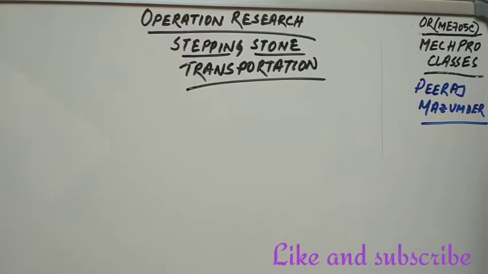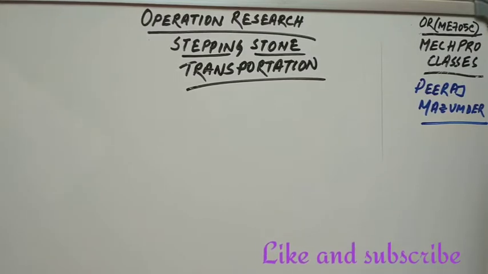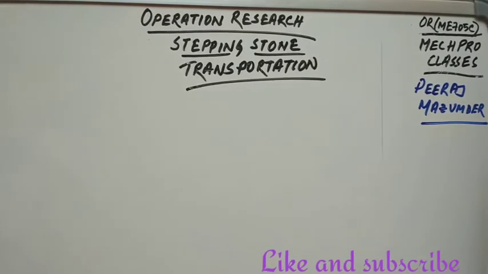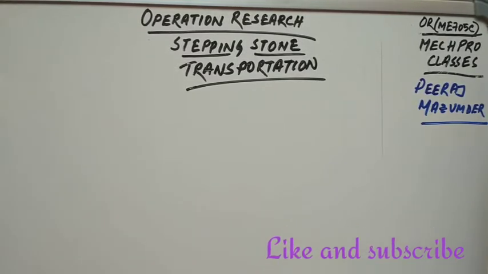Now, as I told earlier, after solving the transportation problem with the northwest corner method, least cost or VAM, we have to check optimality, whether the solution is optimal or not. That is the optimization we are doing. Earlier we did the UV method or MODI method, the modified distribution method. Now today is another method which is in your syllabus, so you can expect questions from this topic in semester examinations. This stepping stone method is used to check the optimality of a